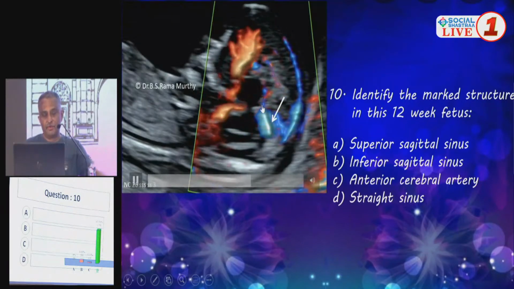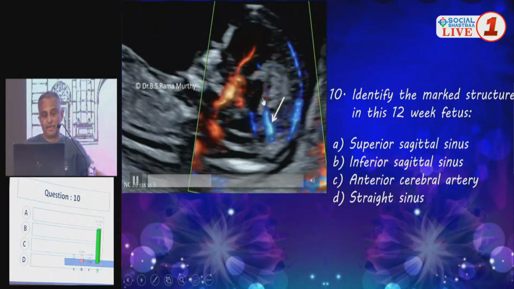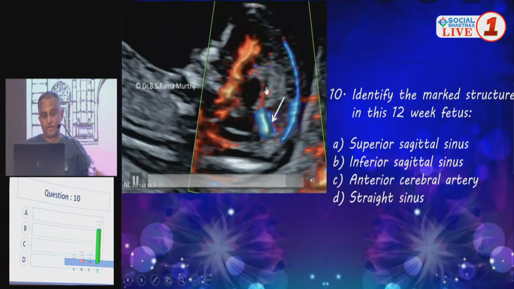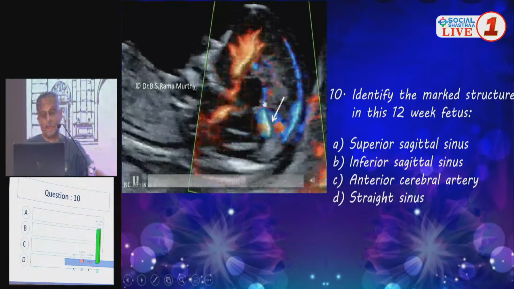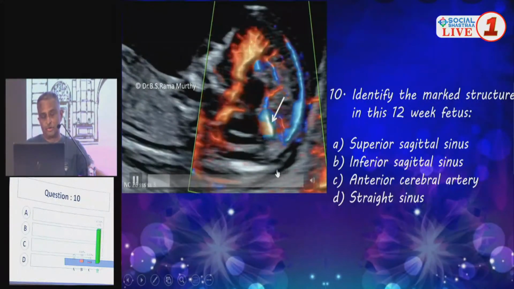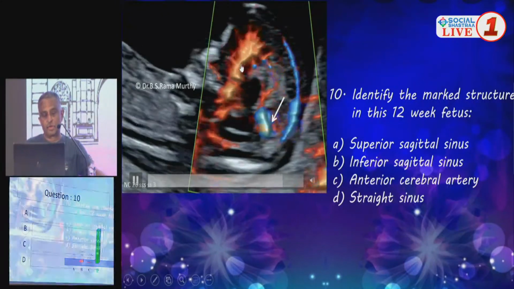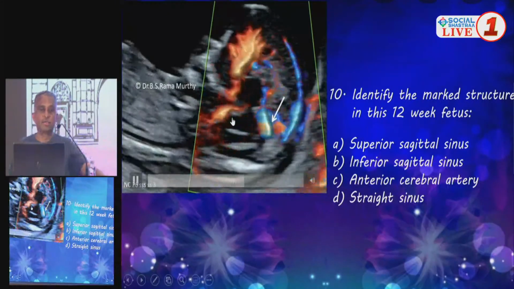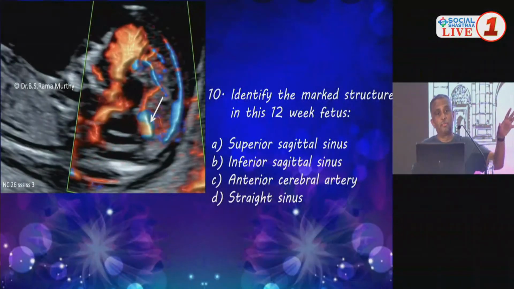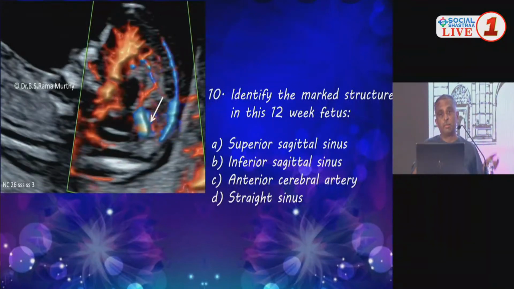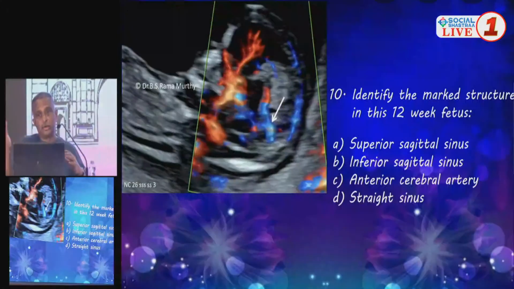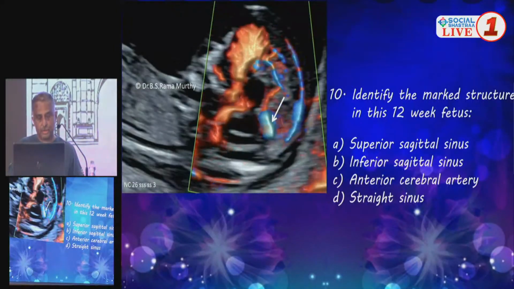You have the vein of Galen, the inferior cerebral veins, and the internal cerebral veins and the vein of Galen here, and it continues as the straight sinus going to the torcula. And this, of course, is the anterior cerebral artery. This was very, very simple, but I thought I would put this because today, with slow flow technology, you're able to see vessels in great detail earlier and earlier in fetal life.